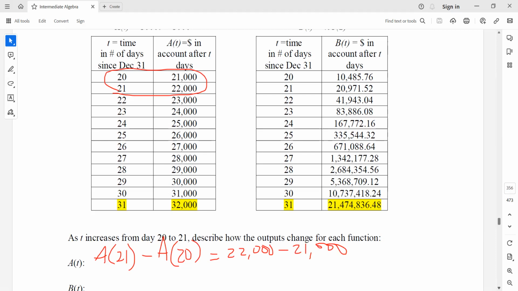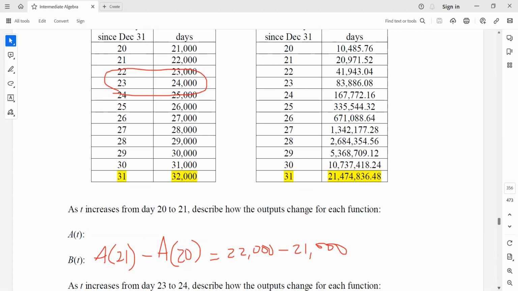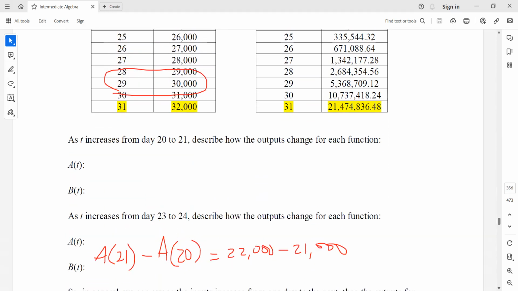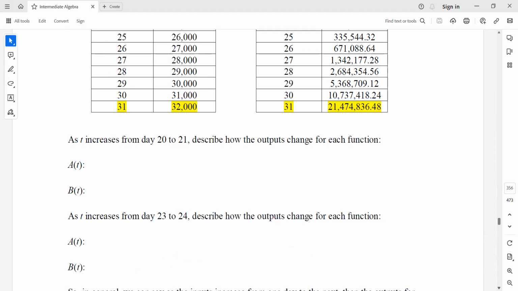And then for B of t, now because it is a doubling thing,